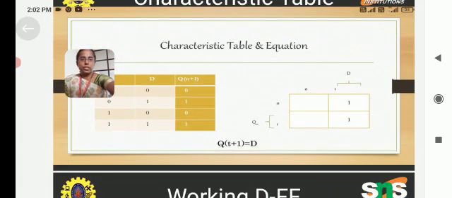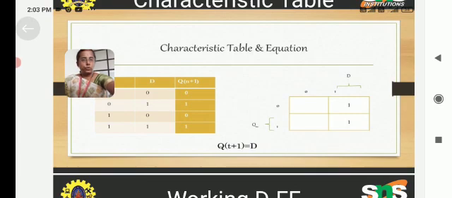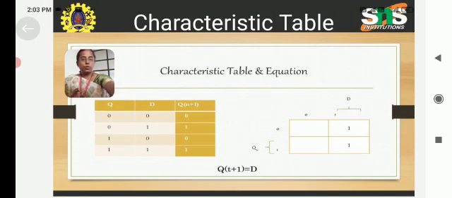Next, the characteristic table equation. This is the characteristic table equation of the D flip-flop, which is the same as the SR flip-flop with a slight difference: in the SR flip-flop there are two inputs, but here there is only one input. Q of n is the previous state, and Q of n plus 1 is the next state. If both the inputs are 0, the output is 0. That is, previous state is 0, D input is 0, the next state is also 0. If D is 1, the next state is 1, which is indicated by row 2. When previous state is 1, the D input is 0,